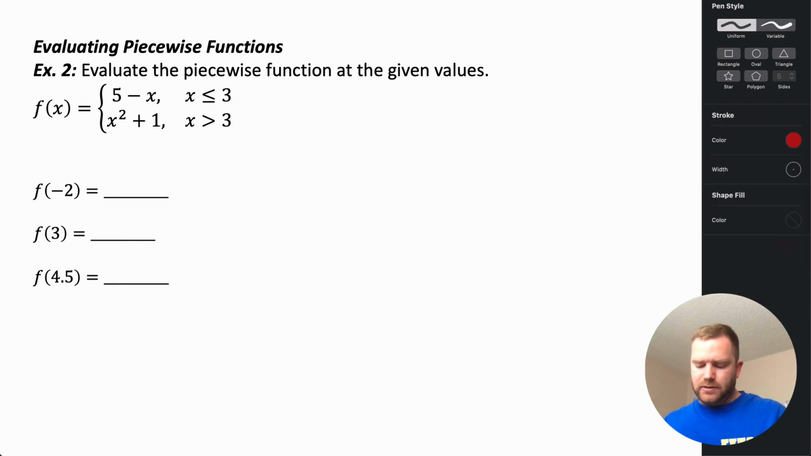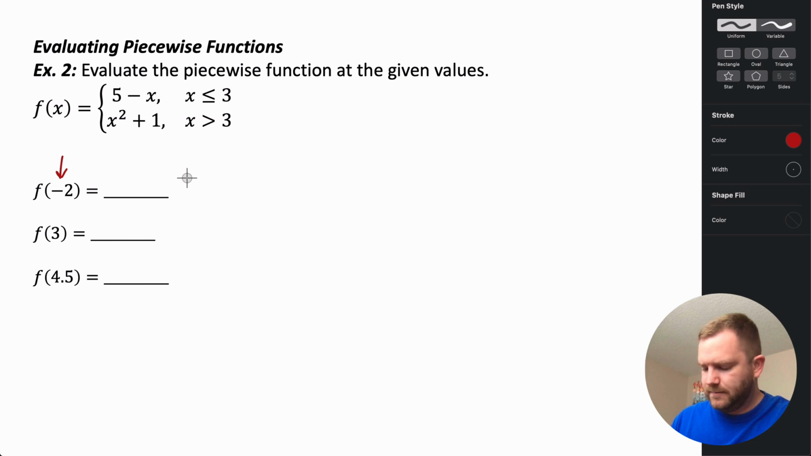Evaluating piecewise functions. To evaluate a piecewise function, we have to look at the value that we're trying to evaluate and then the domain definitions for the different subintervals. So we ask ourselves, does -2 fall into this subdomain or this subdomain? Is -2 less than 3 or is -2 greater than 3? -2 is clearly less than 3, so we're going to use this portion of our function definition